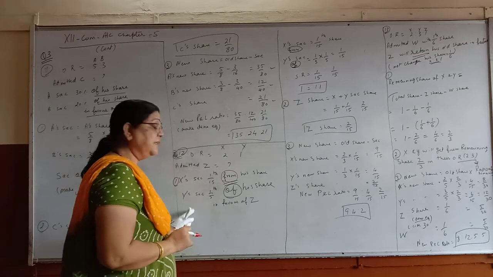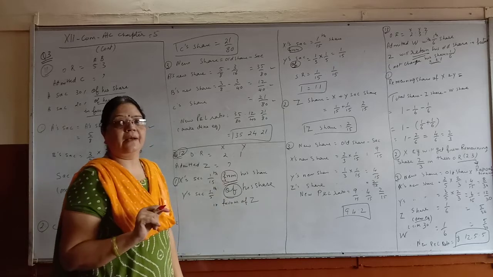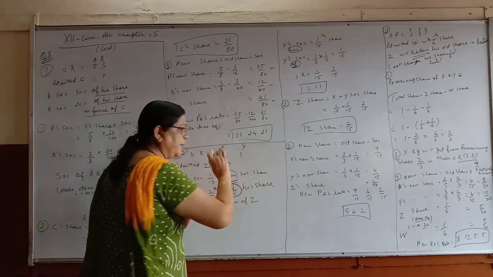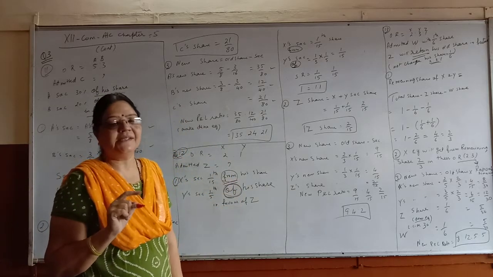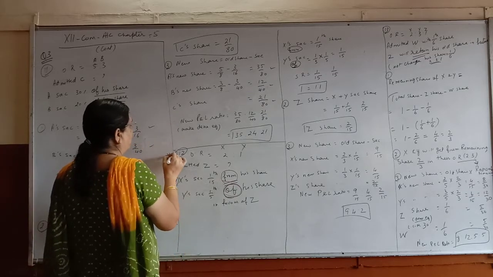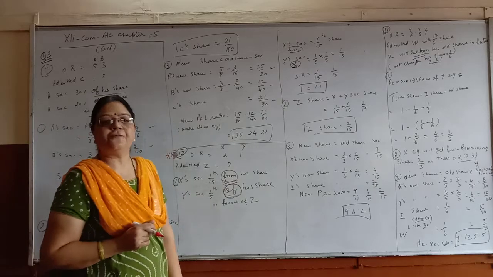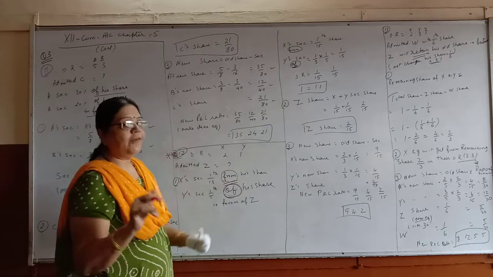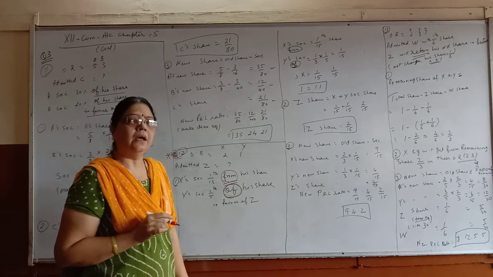But see, why sacrifice 1/5 of his share? Of his share means what? You have to multiply by his old share and find out his sacrifice. So in this sum, from and of, it makes difference. From his share means direct, it is his sacrifice, but of his share you have to multiply by his old share and find out the sacrifice.